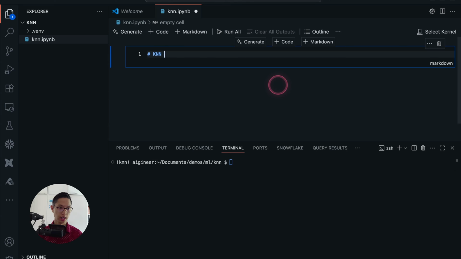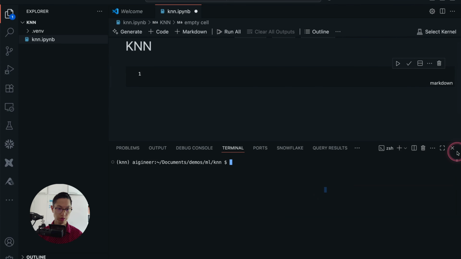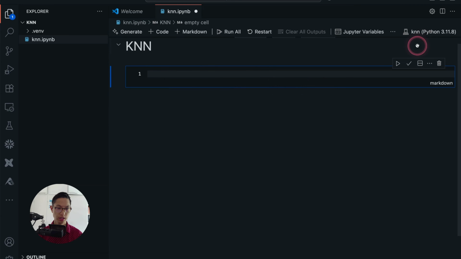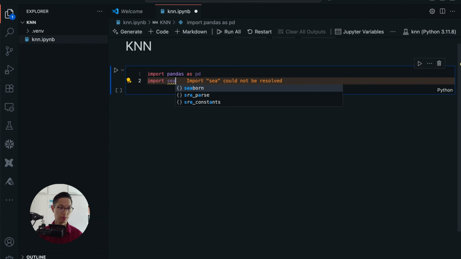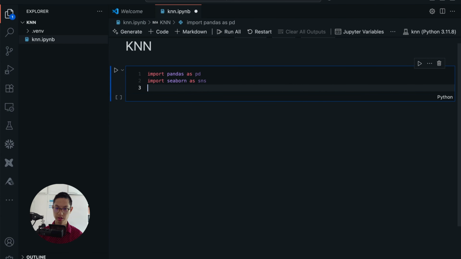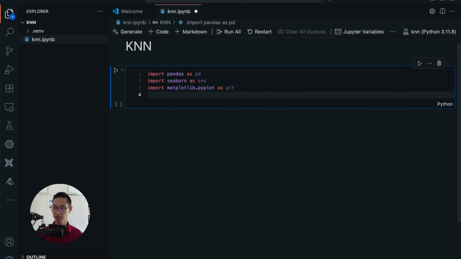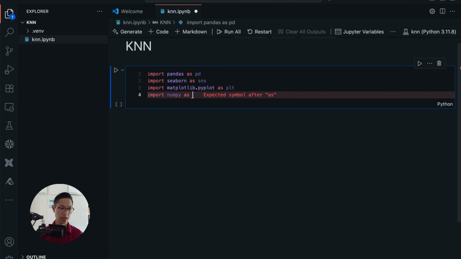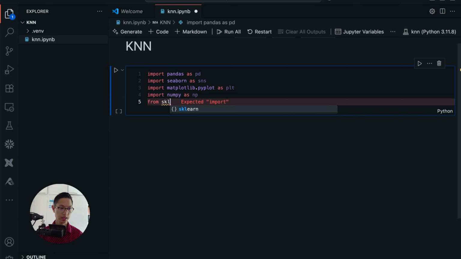Here it's KNN, and I will remove the terminal as it's not needed anymore. I'll change my Python environment here. Okay, let's change it to Python and then import Pandas as pd. We will need to import Seaborn as sns, as I will do some plotting. Import matplotlib.pyplot. Matplotlib came for free when I installed Seaborn. Import numpy as np, and then from